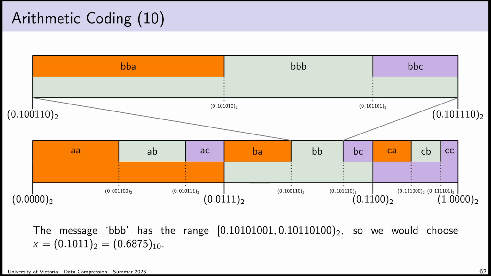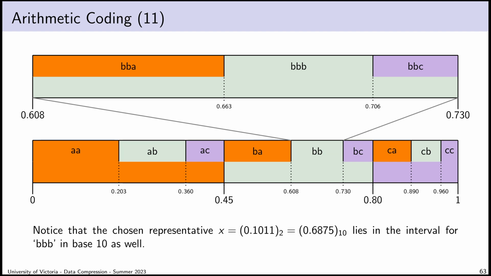And so I notice that 0.1011 is less than the upper bound, because the upper bound is 0.1011 plus some stuff. And 1011 is greater than the lower bound, and it only needs 4 digits. So I'll send this representative, 0.6875. And in base 10, of course, 6875 does fall inside the interval, although I'd probably in base 10 choose 0.7